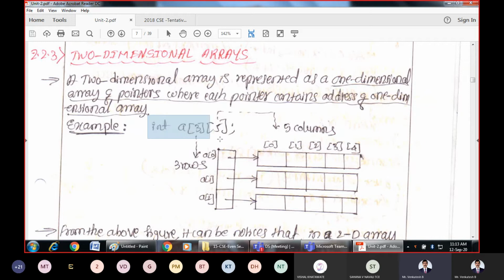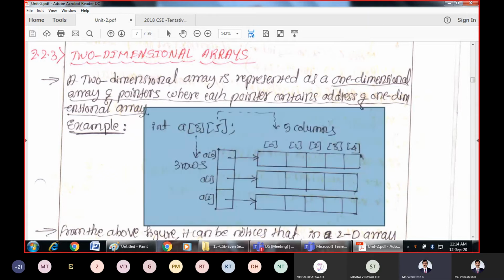We have been writing it like this till now. A is a two-dimensional array which contains 3 rows and 5 columns. So when you see only this much, what will you come to know? When you merge the first row, the second row and the third row, this is the first row, this is the second row and this is the third row. I'll take it here in Paint.